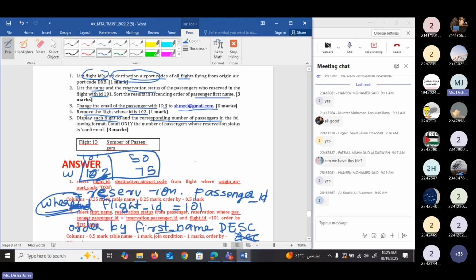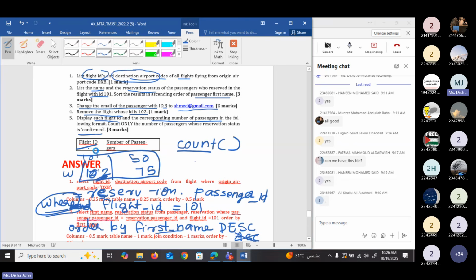So this is what they need. Display each flight ID and the corresponding number of passengers in the following format. Count only the number of passengers whose reservation status is confirmed. So we need flight ID, then we need to use a function to count the number of passengers. If you want to count something, we can use the count function.